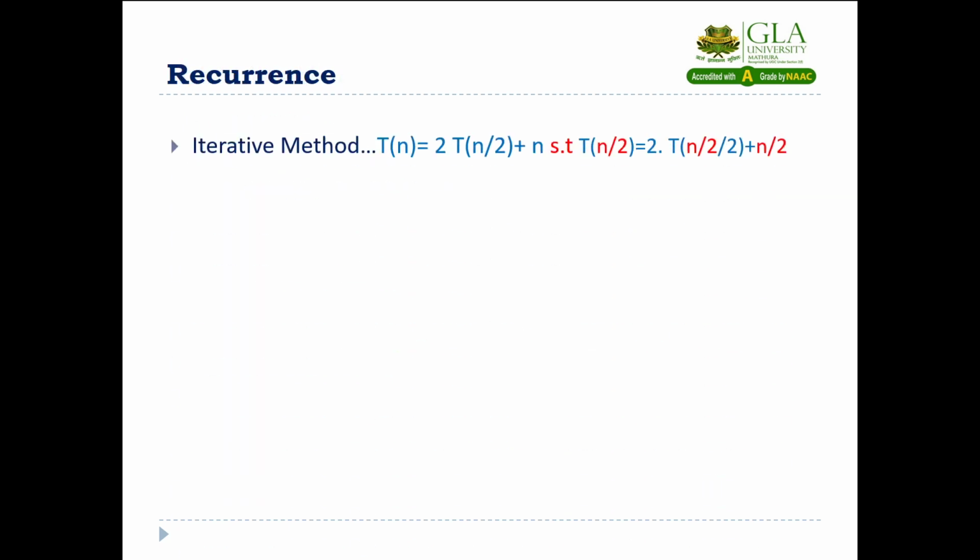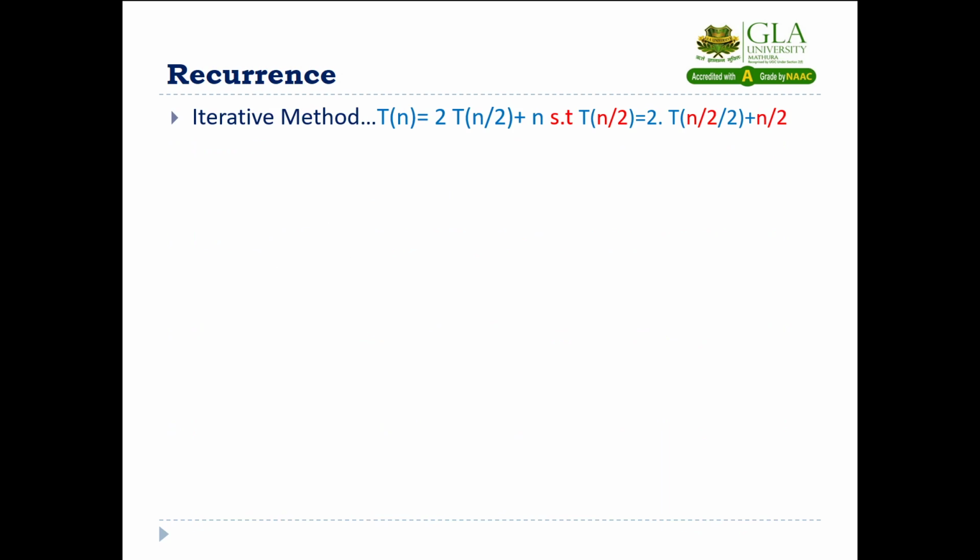So in this lecture I am going to discuss the general method with an example. So we will try to learn how we will solve any recurrence with the help of the iterative method. As you know, iterative means repetitive. You will repeat a few steps, find the proper sequence, and on the basis of the sequence you will find the ith term, and then you will be able to decide what the solution will be. So first the question is given: T(n) equal to 2T(n/2) plus n.